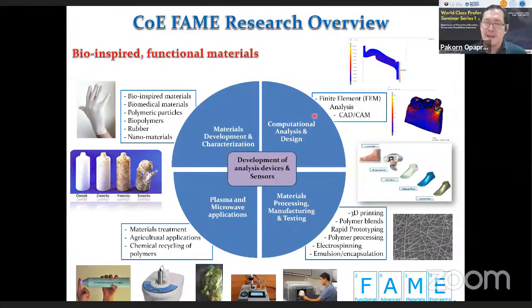And we also conduct work on computational analysis and design of products that are made from the